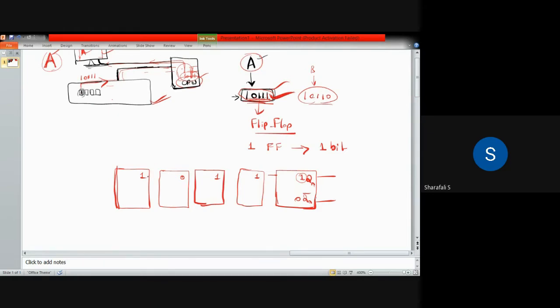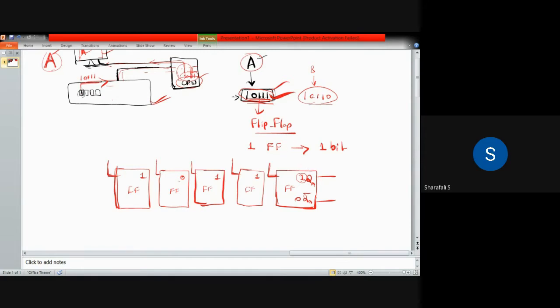So what does that mean? 10111 is stored in these flip-flops, D flip-flops or JK or SR, you can consider a D flip-flop. Here we have inputs like this. Connections will be there in your memory or in your registers. And if you want to increase the number of bits that has to be stored,